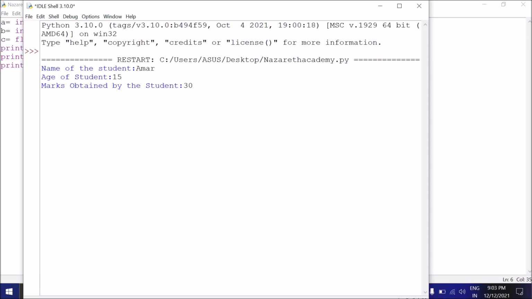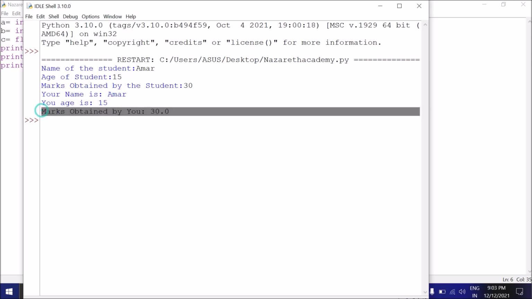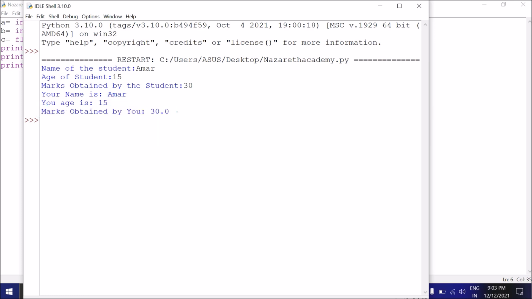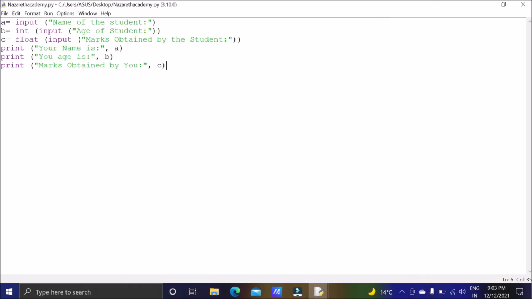So when I press enter, you can see your name is, and after this message, whatever name was given by the user, Amar, got printed. Your age is, he gave the age as 15, so we got 15, and marks obtained by you 30 in decimal because I have given float. So likewise we can run multiple lines of code at the same time.